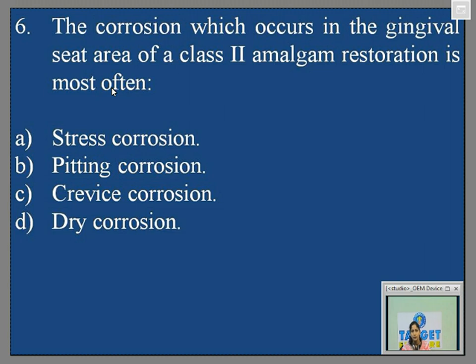So again you have that electrolytic cycle beginning between the anode and the cathode, and that is the example of stress corrosion. So if the question says that in a clinical situation a restoration has a more deformed area and a lesser deformed area, then what type of corrosion will happen? That is stress corrosion. Another example of stress corrosion is when you use a rubber dam clamp to place a rubber dam sheet along the tooth. When you keep stressing those clamps while opening and closing their jaws, the prongs will undergo a certain degree of stress because they keep getting deformed every time you open and close it.